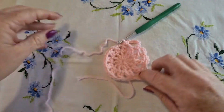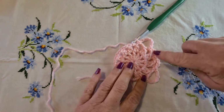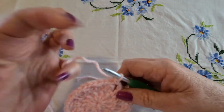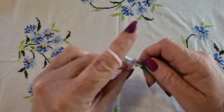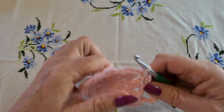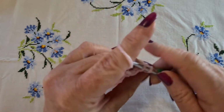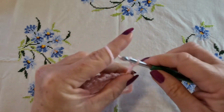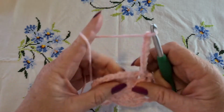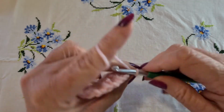So that's our repeat, and what happens is these two big chain spaces will form the corners, and these little chain threes are the sides. So again, we've just chained 7, so we need to chain 3, single crochet into that chain space, chain 3 again, single crochet into the next chain space, and chain 7. 5, 6 and 7, and single crochet into the very next chain space, chain 3,